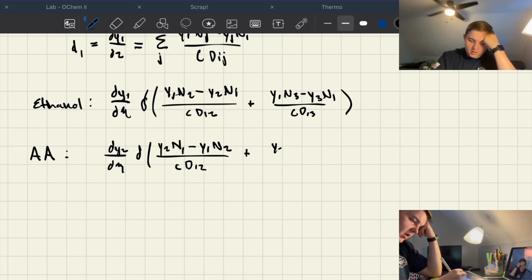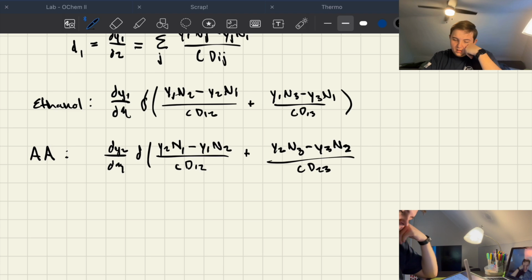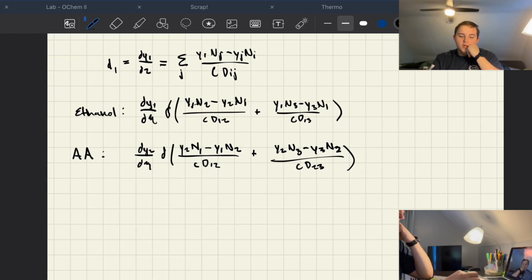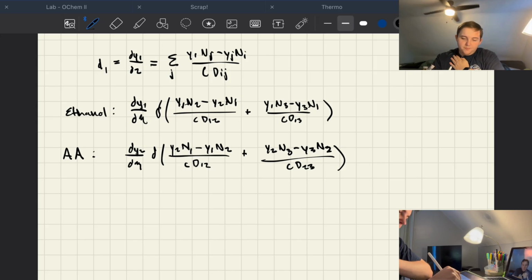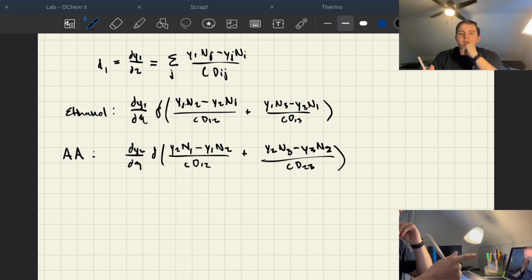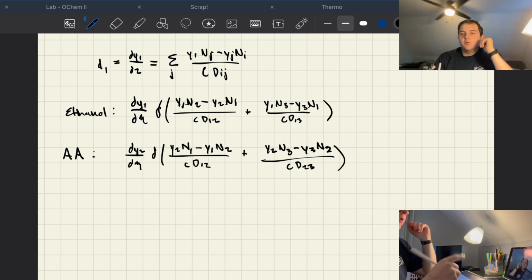And then y2 N3 minus y3 N2 over C D23. So there are our 2 terms, and we're going to be using these terms in Excel. But before we can move on to Excel, we also need